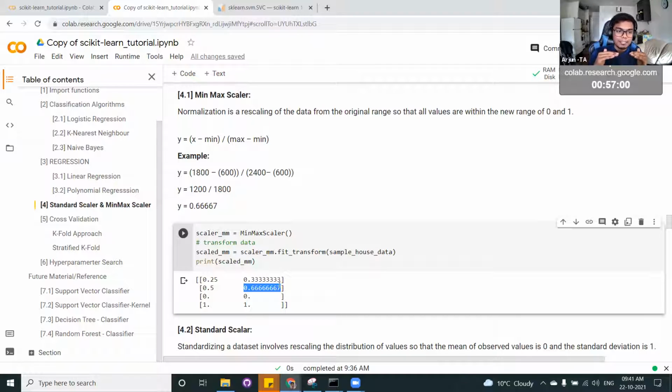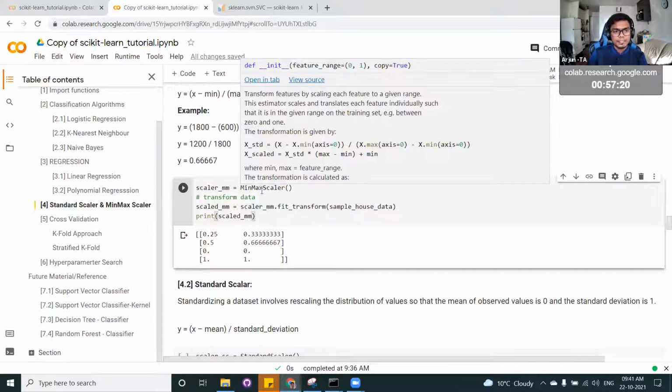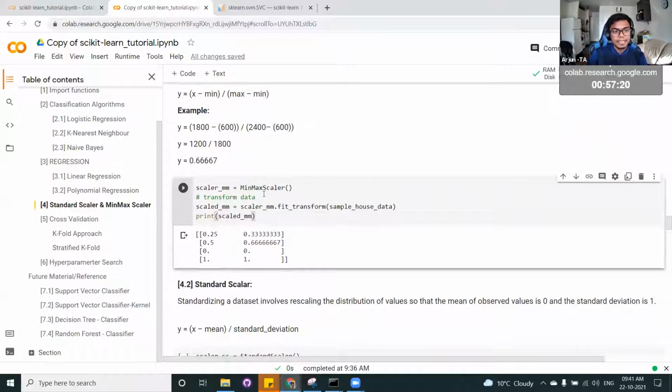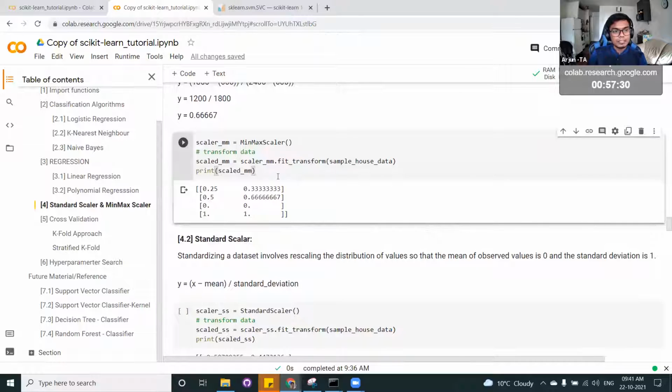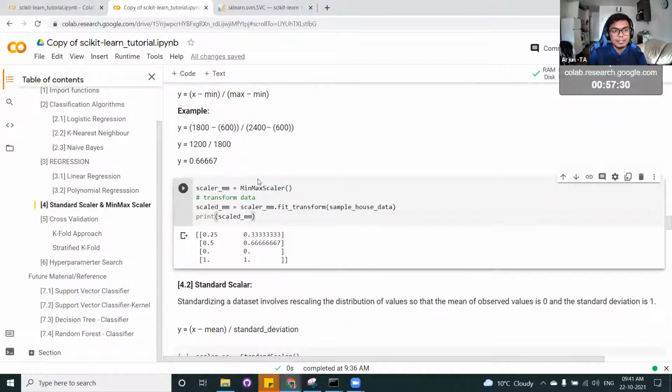If it is in the same range, rather than, say, your salary being 100K and your experience being 2-3 years, which are very different scales, the model converges faster. So in this kind of scenario, you can use a normalization or standardization technique to put the input variables on the same scale. This is how the min-max scaler works.